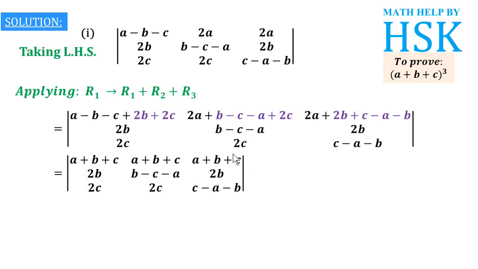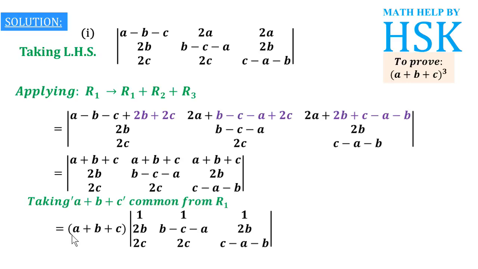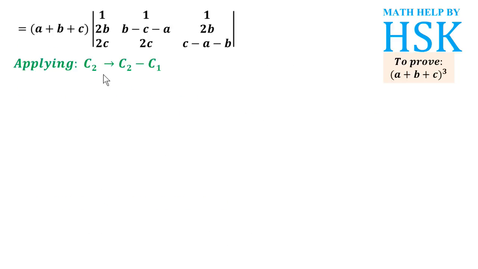Now I am going to take a+b+c as common from the first row. So I am going to get the determinant as (a+b+c) into 1, 1, 1, and the second row and third row as they are. Now because the elements of the first row are 1, 1, 1, I am going to apply the step so that these two elements become 0. Applying the property that C2 is changed to C2-C1 and C3 is changed to C3-C1,